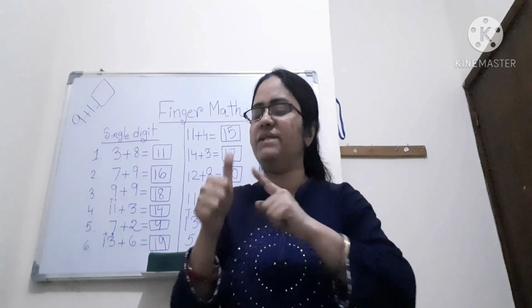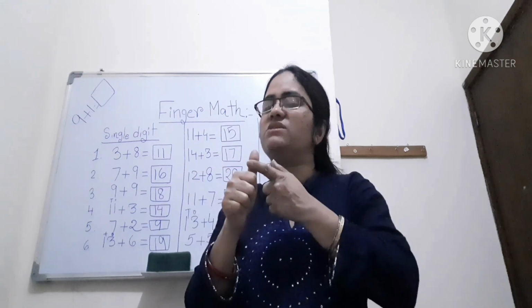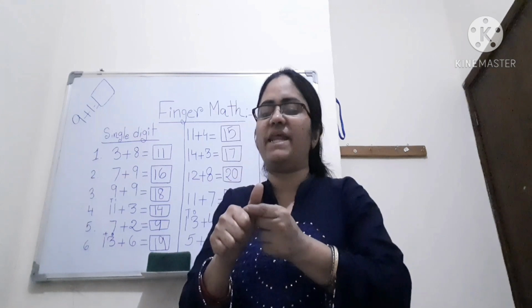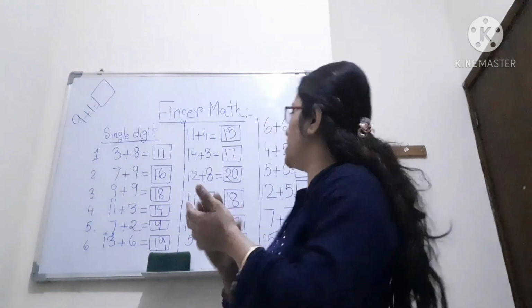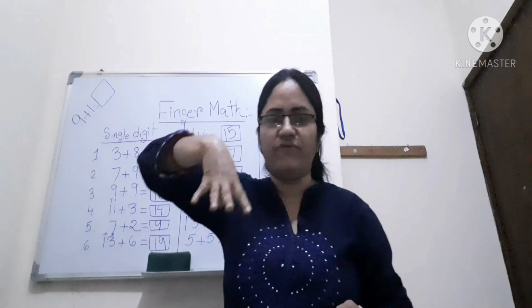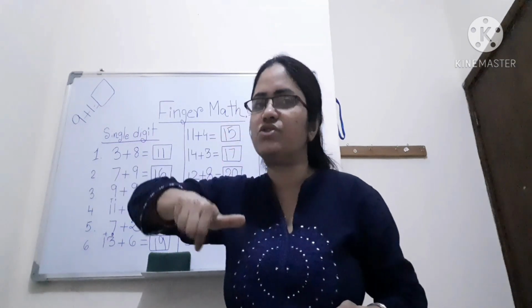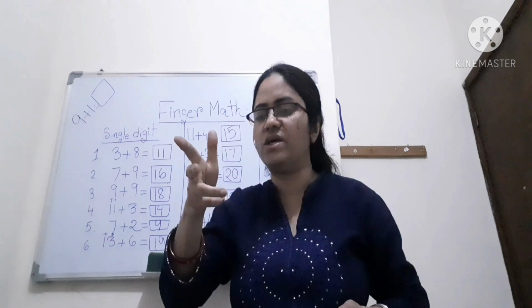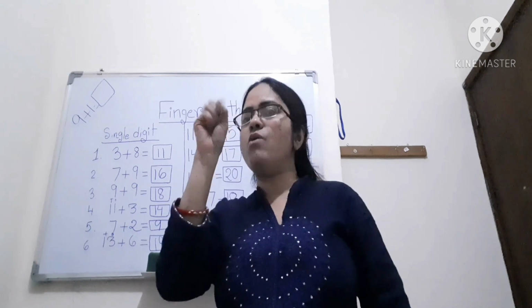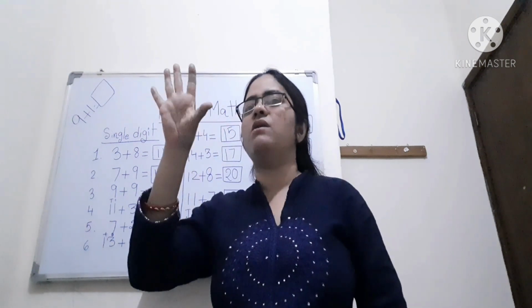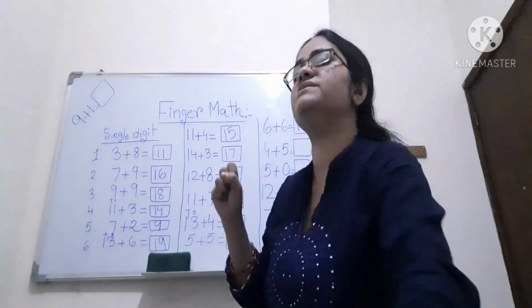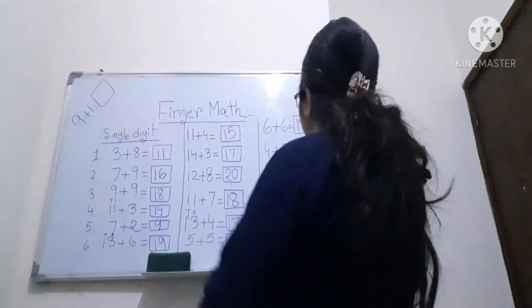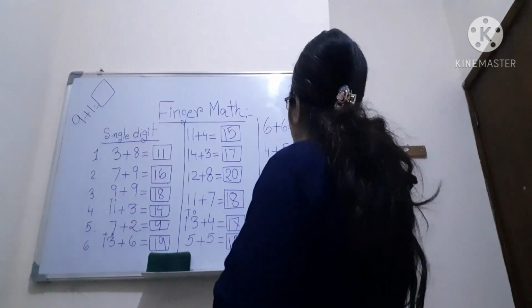You know that one, right? This finger is 5, but I can't directly raise this finger and count. Not like this. So 4: 1, 2, 3, 4. Again I have to close this one and this is 1, 2, 3, 4, 5. Now what is the number? If I raise all fingers of my right hand, what number is it representing? Number 9. So 4 plus 5 is equal to 9.